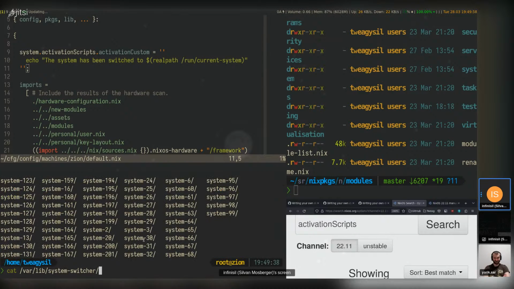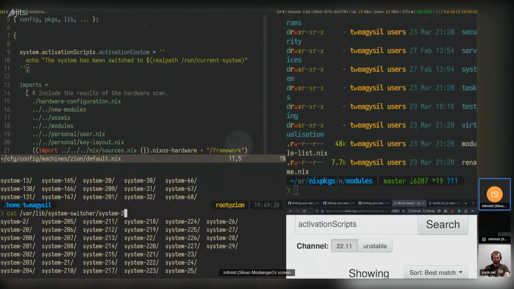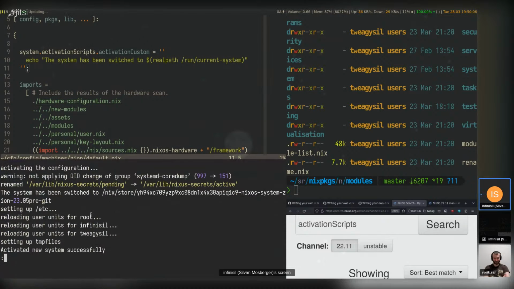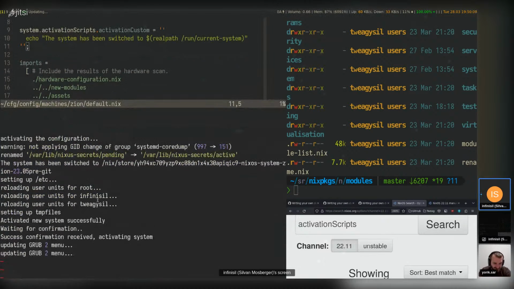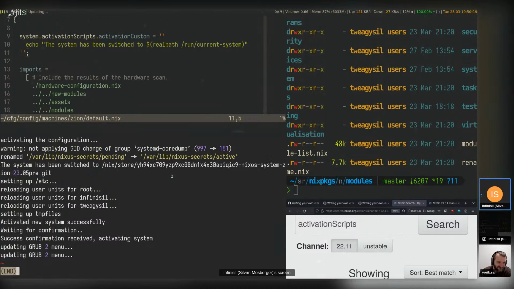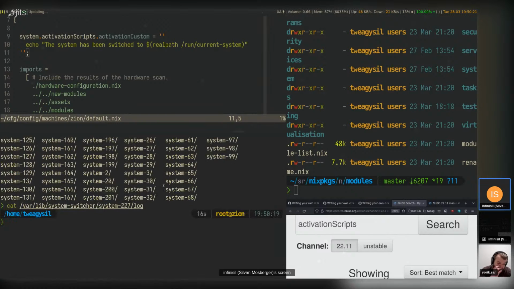And now we have a system that's set to 7 and log. Okay, finally got the log. And we can see here, yeah, it was printed. The system has been switched to this one here. But now I wonder, is this actually correct? Let me check. So it was